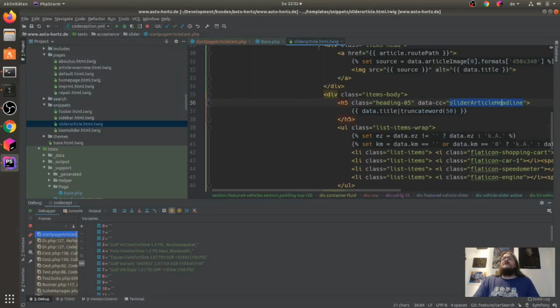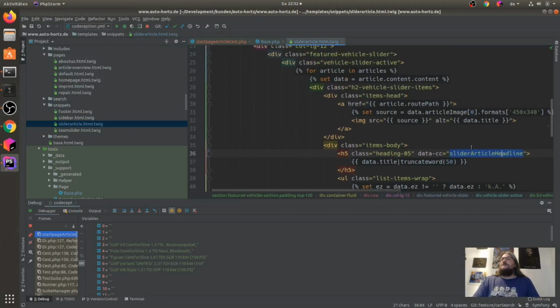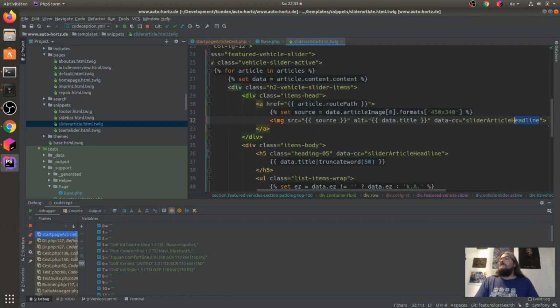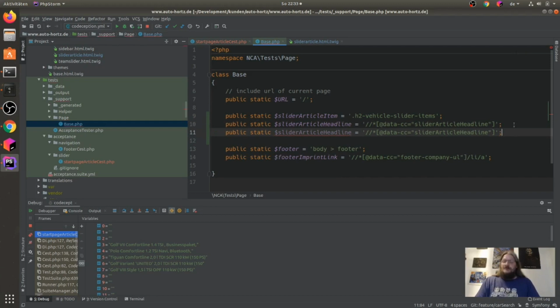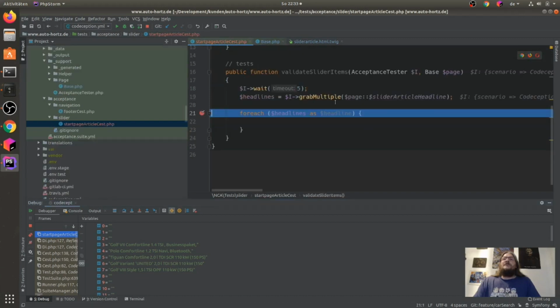We also need a selector for the image, and we can use this here also on the image, and we can say here this is the article image, and we can add this here to our base page object and say, okay, this article image here is now image, and then we can also get all of our images here in our test.